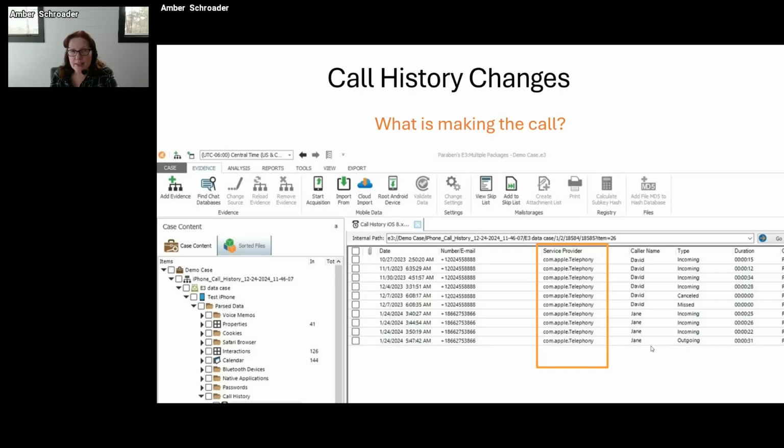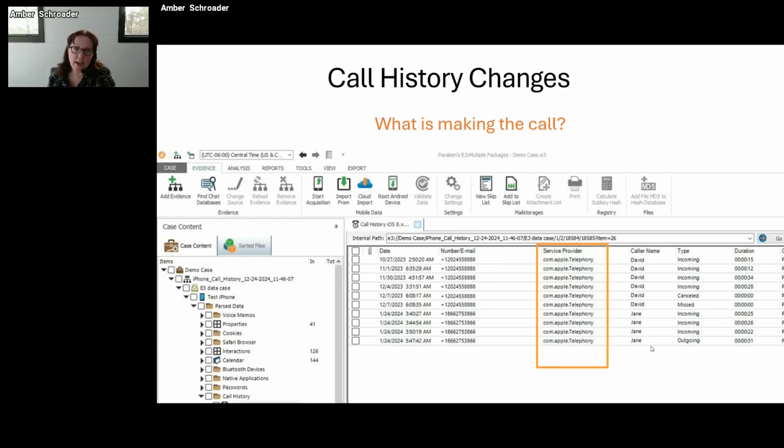And again, these are the things that you might not have noticed, but you've got to see those shifts happen in your tools. This is why I told you you've got to track what happens with firmware releases and releases of your forensic tools. All of my screenshots are done with Paraben's E3 tool, but if you are not a Paraben user, you can look in your other tools and see it, but you need to make sure it's there.